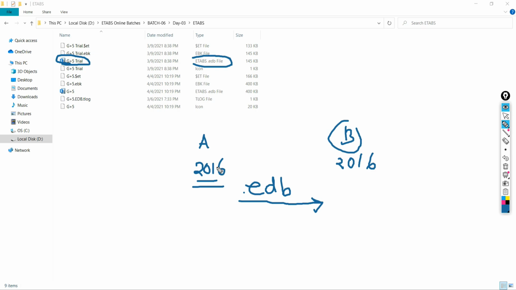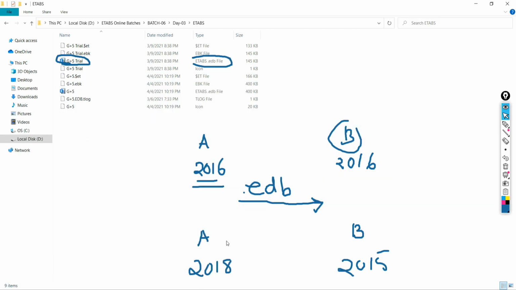So if both persons are using the same version, the .edb model file works. In another situation, if A person is using the 2018 version and B person is using the 2015 version, what will happen?